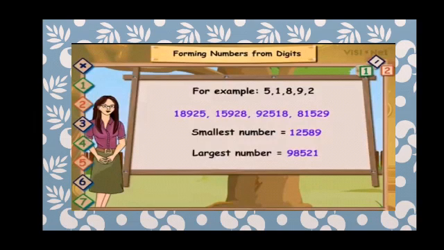Yes, we have to write it in ascending order. For example, we will write 12589 and it will become 12,589. तो हमारा सबसे smallest number क्या बनेगा? 12,589. And similarly, if we want to write the largest number and we want to form the largest number from this,